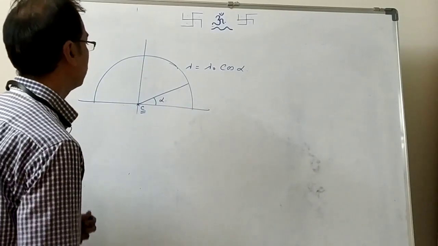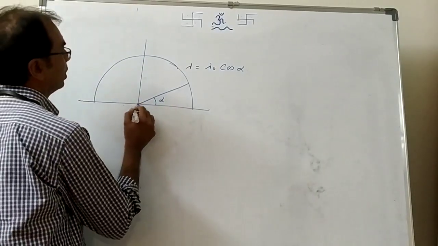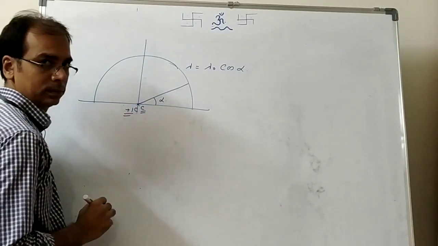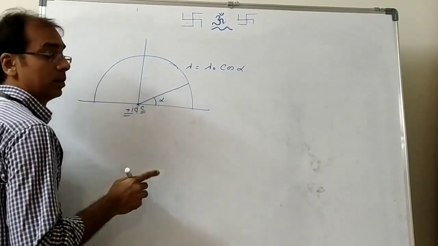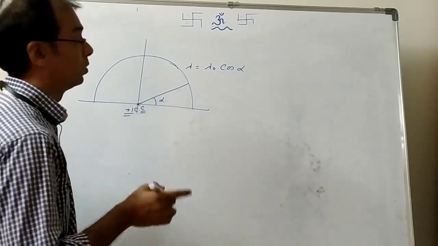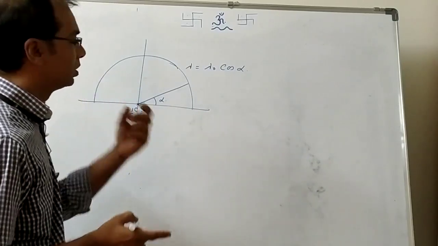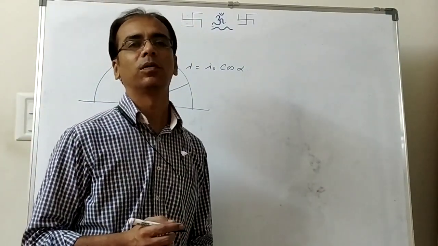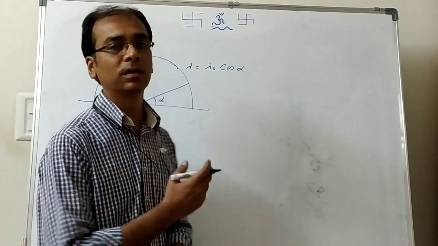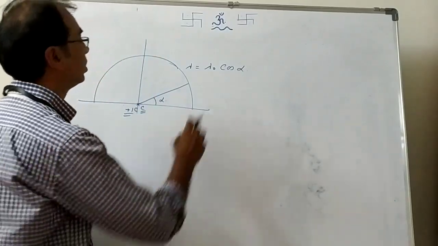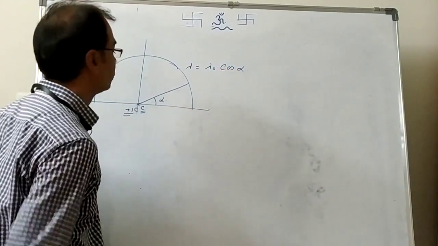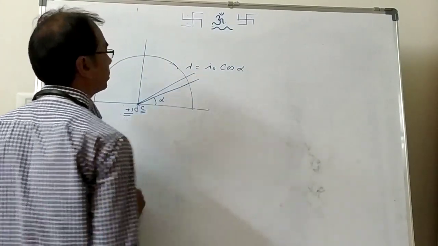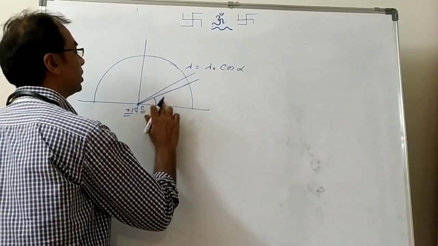Now we have to find again the electric field at the center, and we know that here we have to take plus 1 coulomb. Again, there are infinite charges, so we have to take elements. We cannot directly use the formula that we derived in the previous case, because the previous case formula was for uniform charge density. Here it's a non-uniform charge density because alpha keeps on changing. So we are taking one element here. Let's say this is the element, and this angle I am now considering as theta.